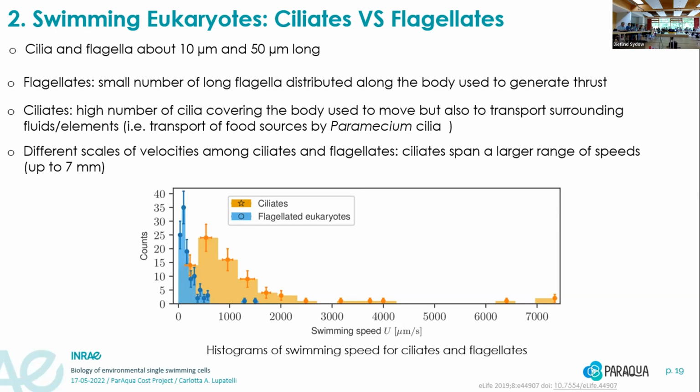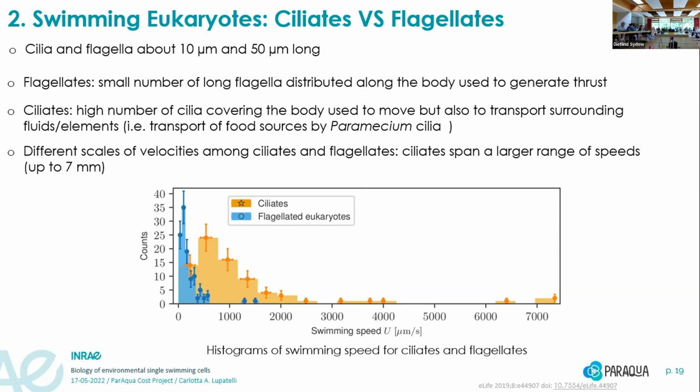While in the case of ciliate, we have a high number of short or more short cilia, which cover the cell body, and then of course help this organism to move, but also can do very different other functions. For example, the transport of the surrounding fluids and elements. Think about maybe something which is more close to your area, that use the cilia to transport the bacteria nutrient within himself